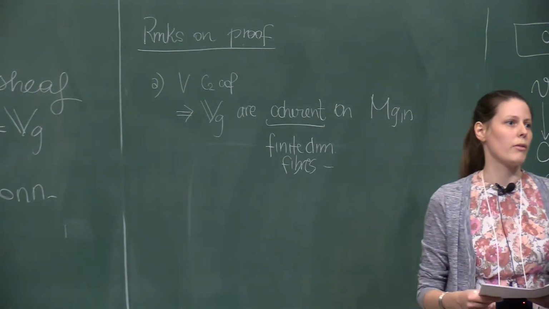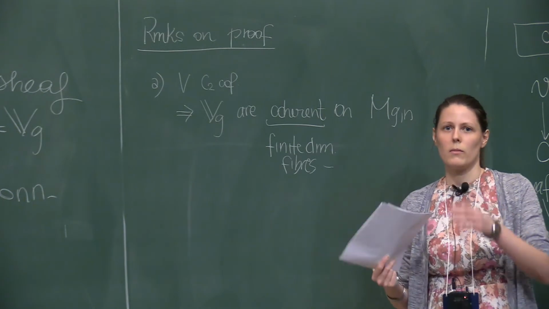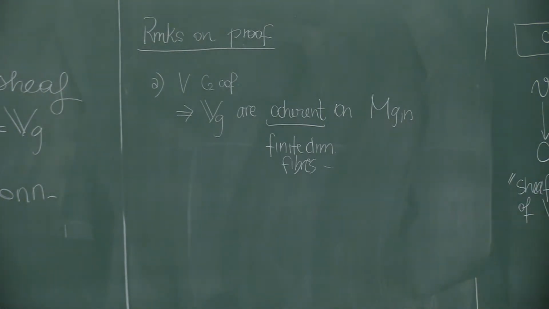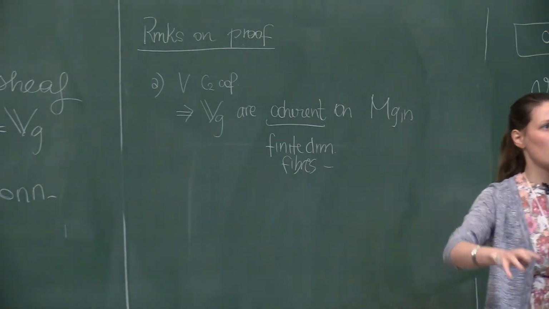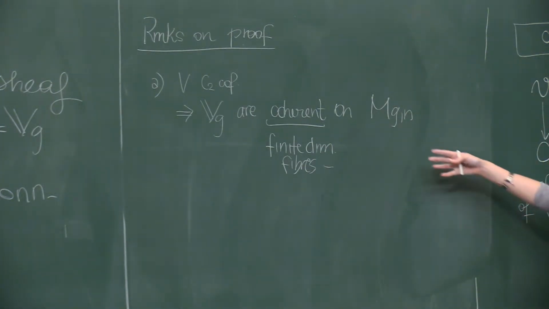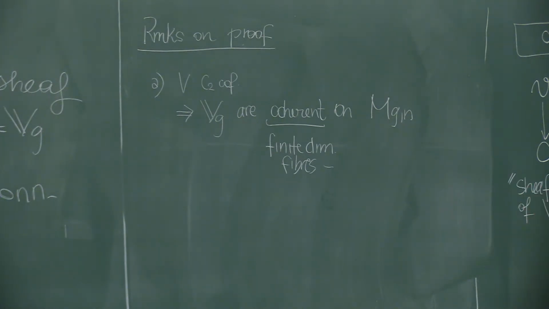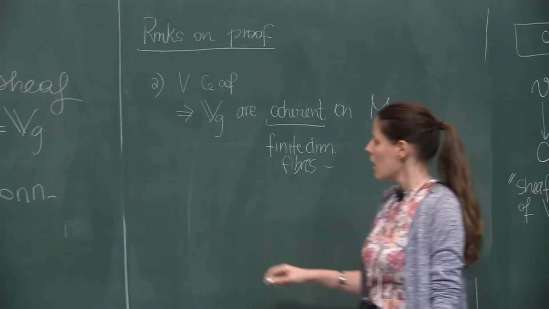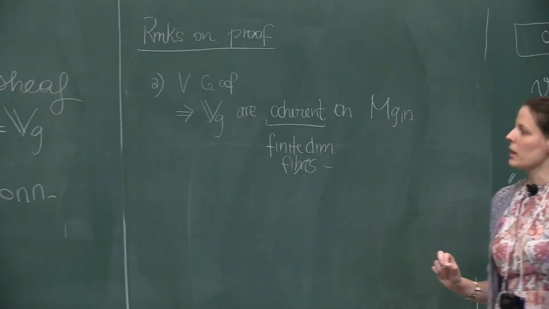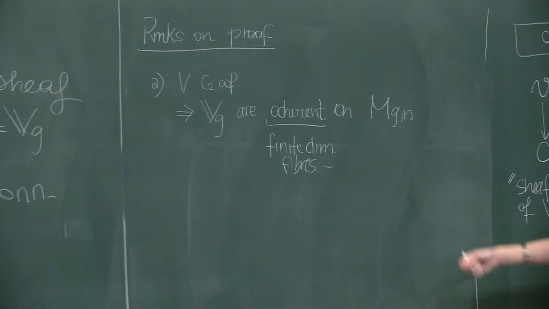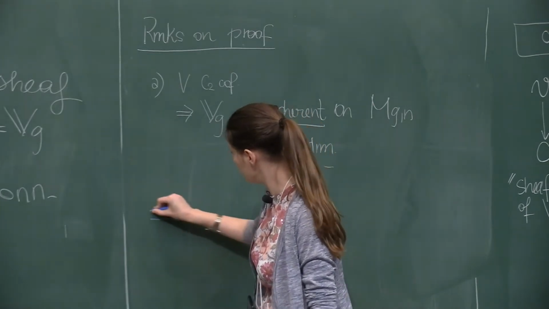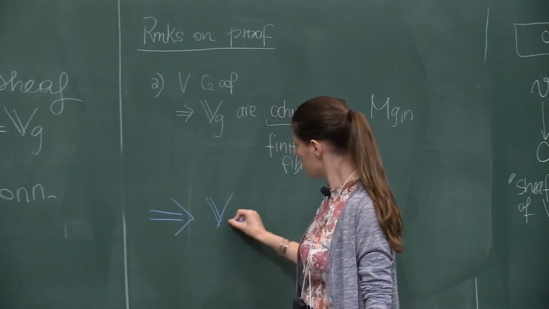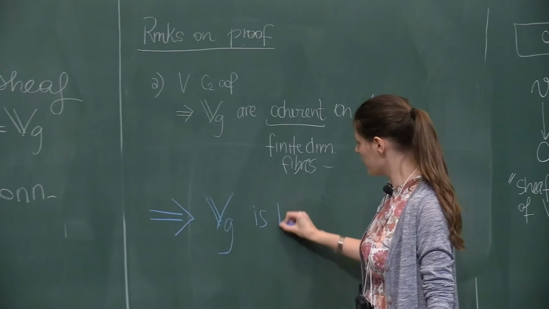I guess the works of van Ekeren and Heluani tell us that we can assume a little bit less, for instance, in genus 1. But for higher genus, C2 is enough to do this. And now, something that we can say at this moment is that we can already conclude that the sheaf is locally free